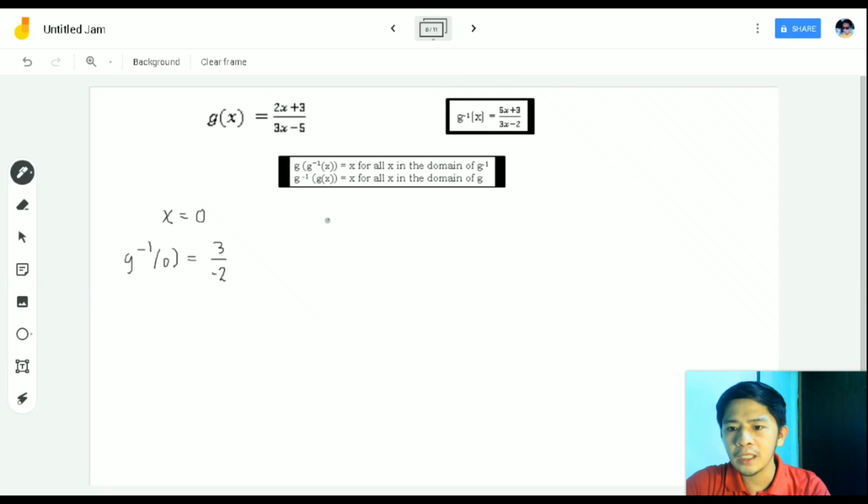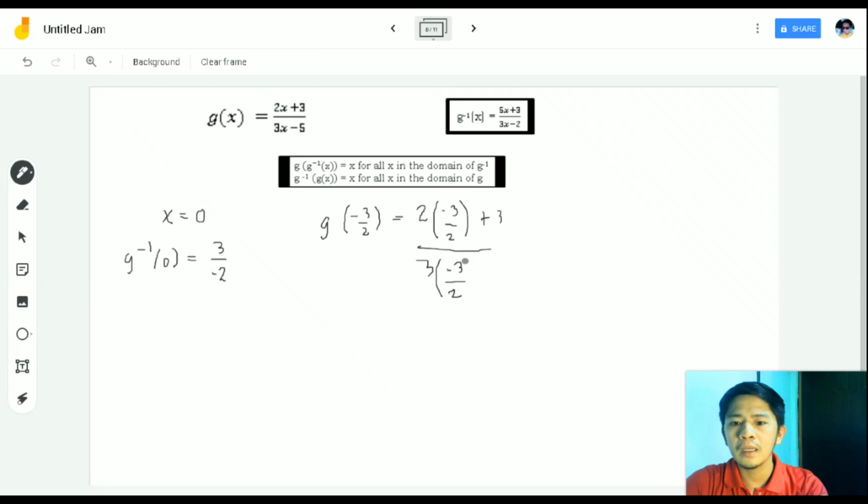So, let us find now the g of negative 3 over 2. So, what are we expecting to get? Dapat bumalik tayo sa 0, no? So, let's see. So, if x is negative 3 over 2, using this function na, no? So, 2 times negative 3 over 2 plus 3 all over 3 times negative 3 over 2 minus 5. 2 times negative 3 is negative 6 divided by 2 is negative 3 or simply cancel na lang to, no? So, negative 3 plus 3 is 0